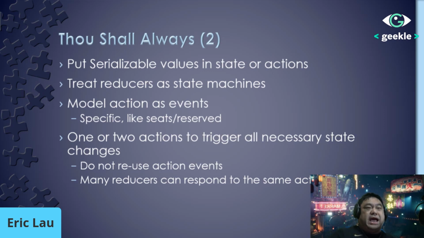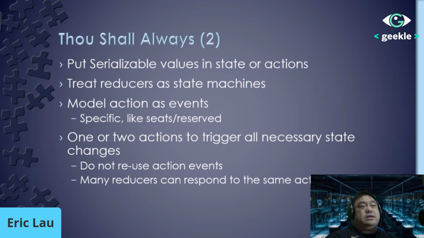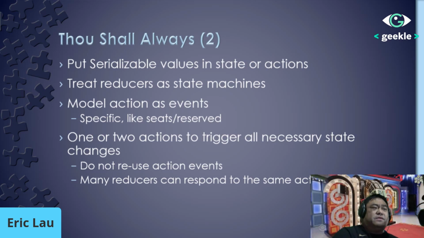The other one is model actions as events. That's actually an interesting one, because I've seen a lot of times, for example, let's say you're making changes to a hotel reservation or something like that, right? I've seen a lot of times they would try to reuse actions like edit reservation or some update reservations like that, but you don't know how it happened. For example, someone will use that for actually editing specific fields, or they want to book it, or they want to do some sort of state transitions.